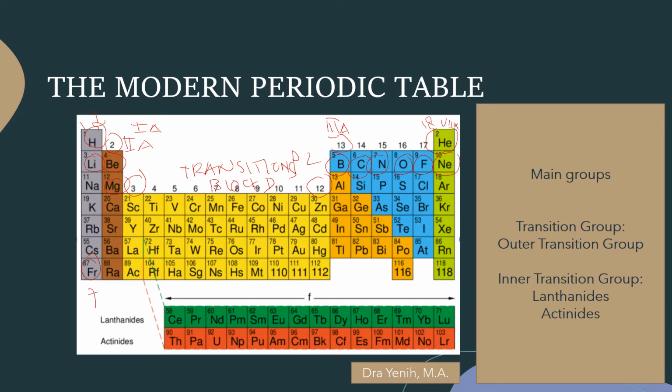So how many groups do you have here? Group 1 or 1A is the alkali metals, and then group 2 is the alkaline earth metals, and then you have group 3 until group